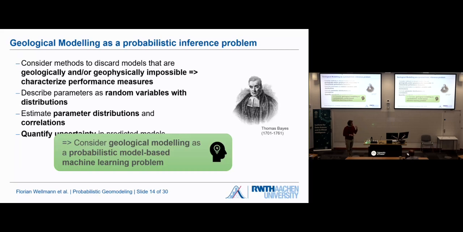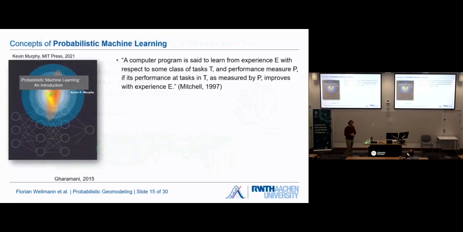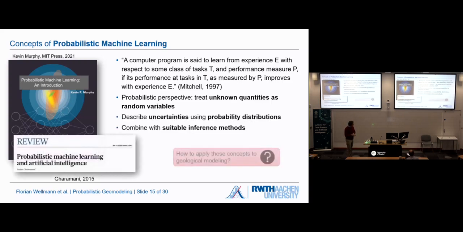And the point is here that we should consider geological modeling as a probabilistic, model-based machine learning problem. What do we mean? Probabilistic machine learning here, just another side note. So we extend this idea of model-based machine learning with the probabilistic aspect, where we treat unknown quantities as random variables. Let me move on quickly in the interest of time,